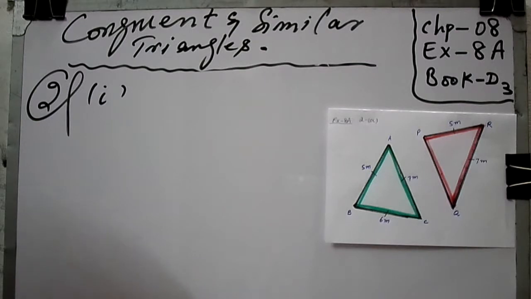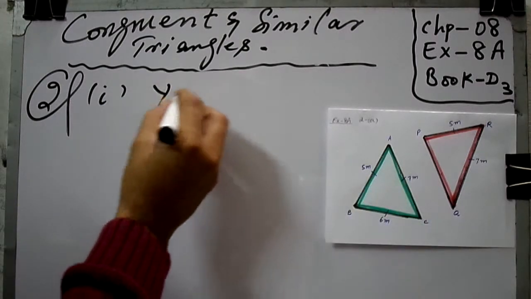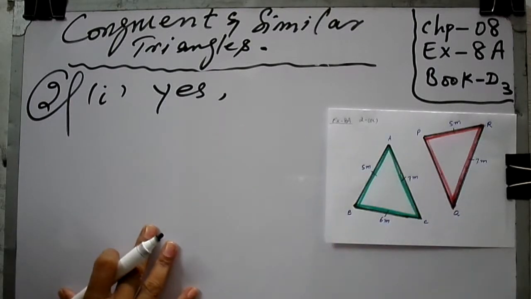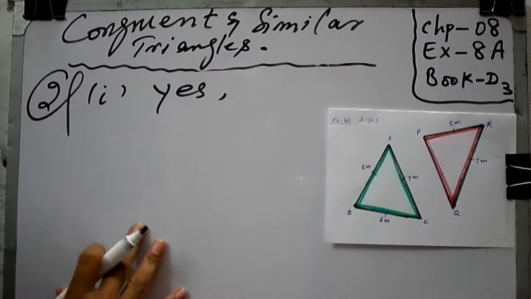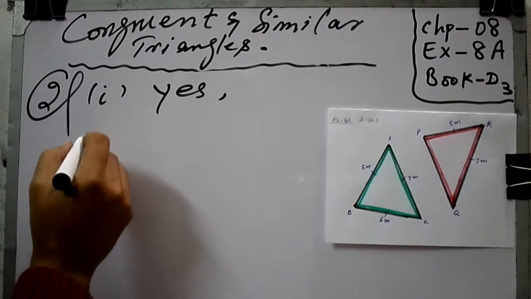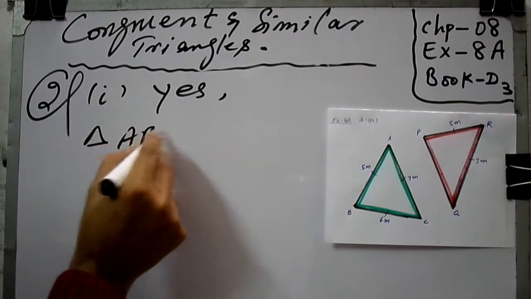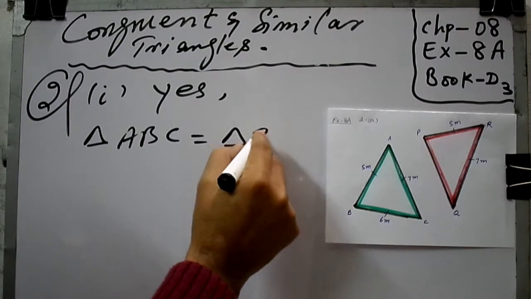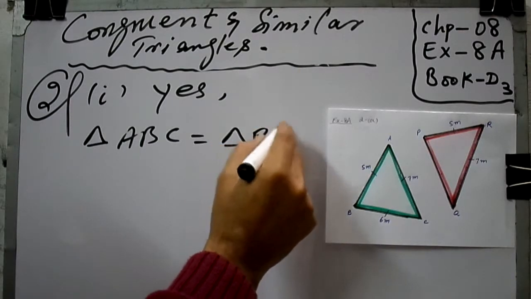So how can you decide why these two triangles are similar? You can say that first of all, these two triangles are very much similar. We can say that yes, these two triangles are congruent to each other. Why? You should take first of all triangle ABC, which is equal to triangle PQR,